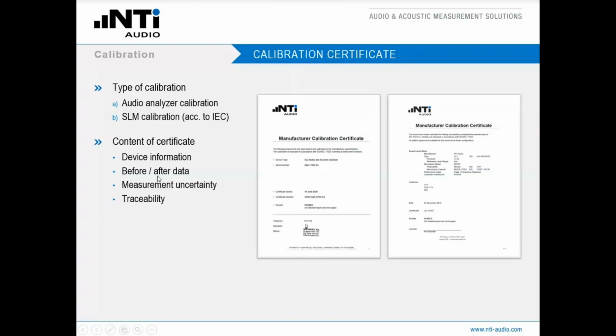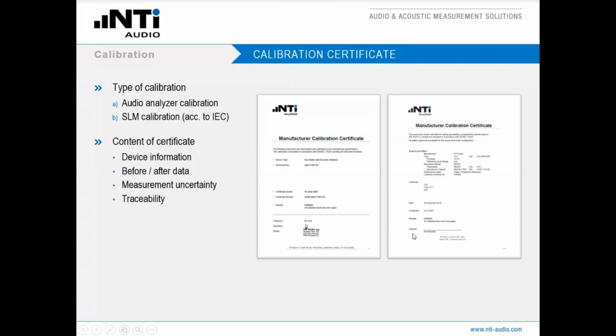Then, as stated before, you will find the before data in that certificate. You will find the after data after the adjustment. You will find information about the measurement uncertainty and also on the traceability. So all the secondary, the external instruments that are involved in this procedure will be listed on that calibration certificate.